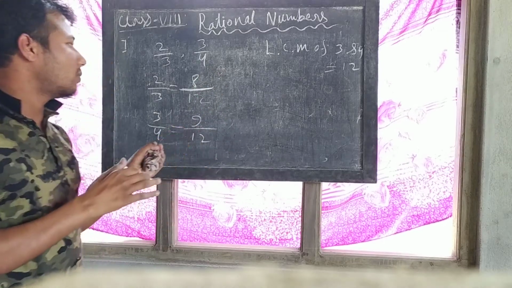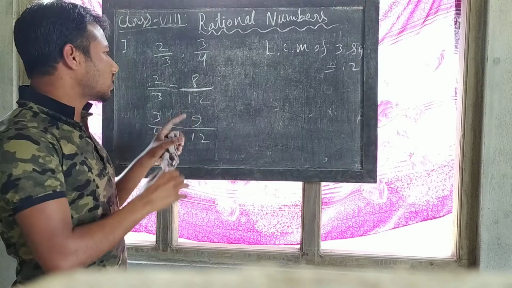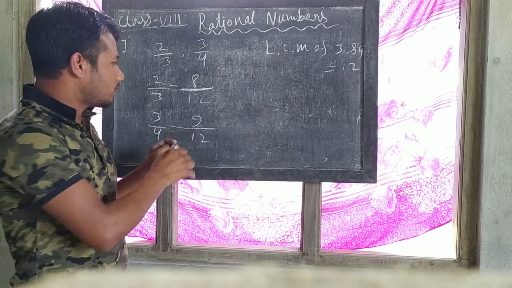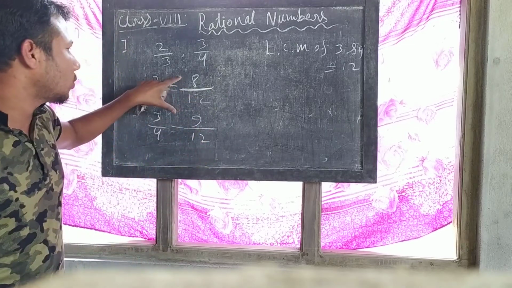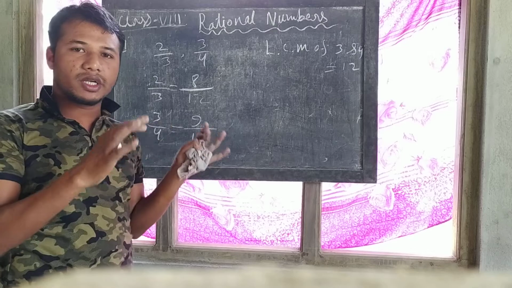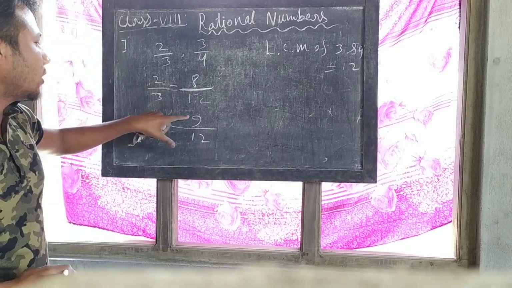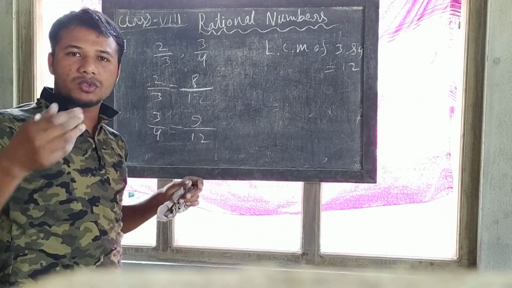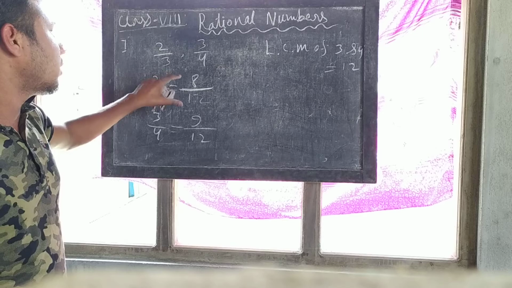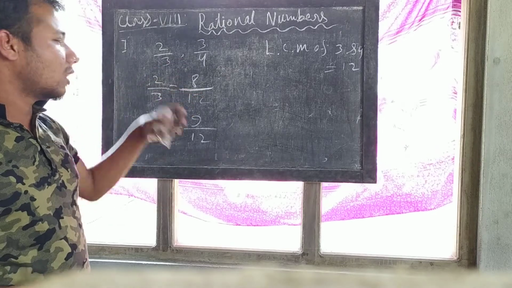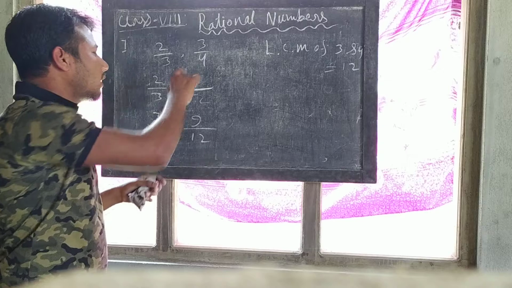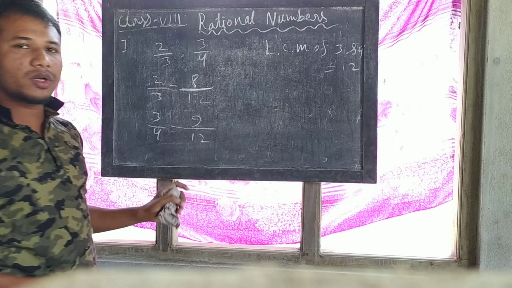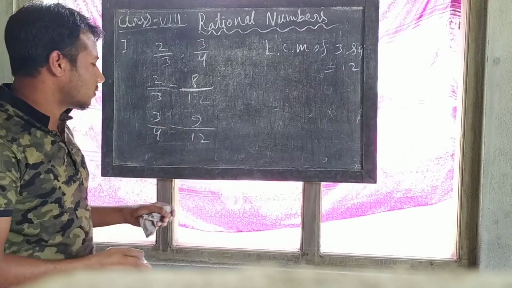So find the rational numbers. Suppose you are finding 5 rational numbers between these two. First you have to make the denominators equal, then you have to see whether there is enough gap between the numerators. Here, 8 and 9, the difference is just 1. But suppose you have to find 5 rational numbers, then at minimum you need a gap of 6. So you can multiply both the numerator and denominator so that we get enough gap for 5 rational numbers.